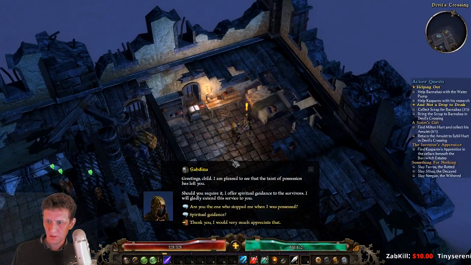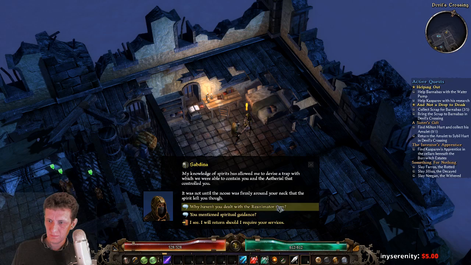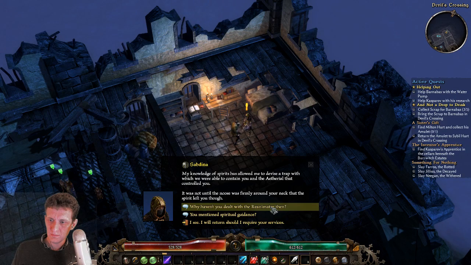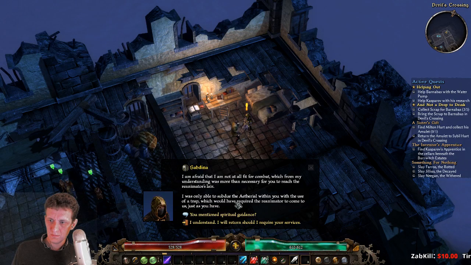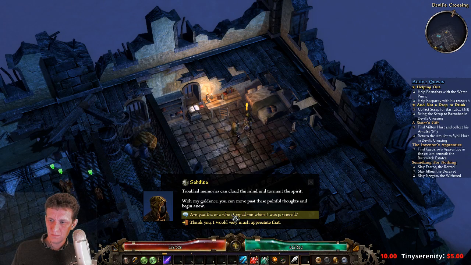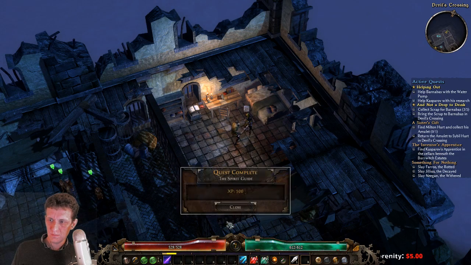Greetings, child. I am pleased to see that the taint of possession has left you. Should you require it, I offer spiritual guidance. My knowledge of spirits has allowed me to devise a trap with which we were able to contain you and the ethereal that controlled you. It was not until the noose was firmly around your neck that the spirit left. I'm afraid that I am not at all fit for combat, which from my understanding was more than necessary for you to reach the reanimators. Troubled memories can cloud the mind and torment the spirit. With my guidance, you can move...